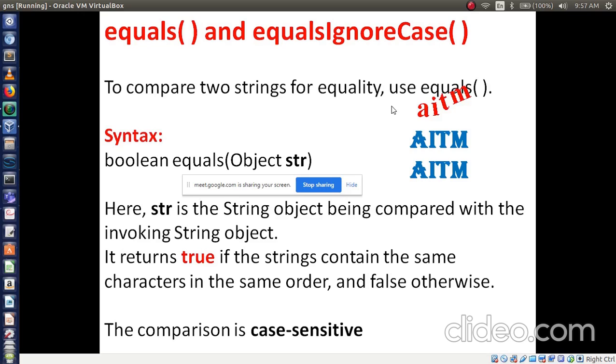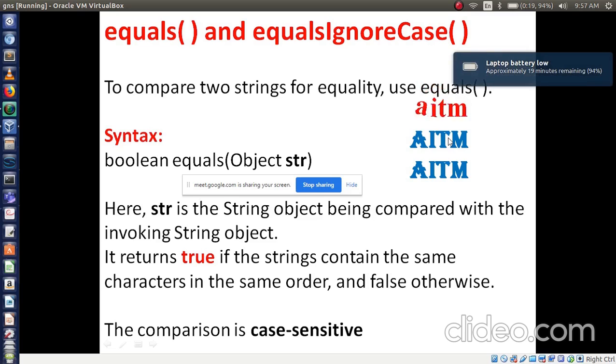Kiran, false. It will return false. Why will it return false? The comparison is case sensitive. Here small AITM is there and capital AITM is there. So the meaning is that these are two different cases. So in this case you will have a false output.